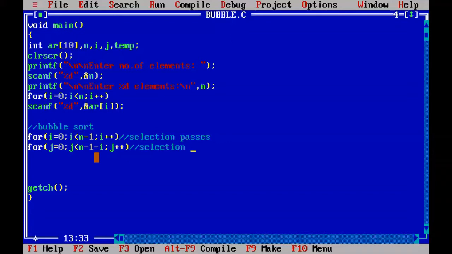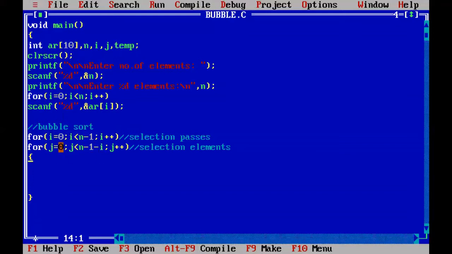The inner loop will select successive elements, or side by side elements. So selection of elements. Right. Whenever i equal to 0, pass 1 is selected. Whenever j equal to 0, for one iteration of the outer loop, the inner loop will iterate starting from 0 up to n minus 1 minus i.